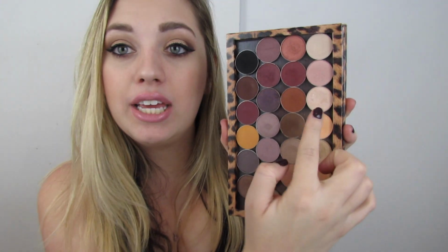I'm telling you, you guys will not regret it. They're $6 a pop, and they're just phenomenal eyeshadows. But one of my favorites here would be like Shimma Shimma,